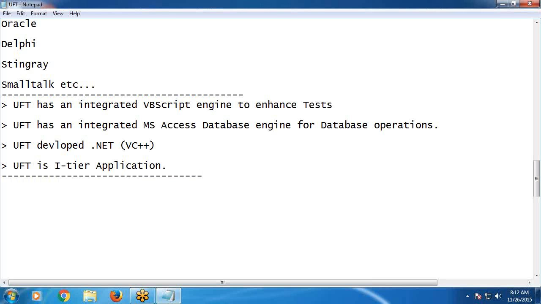Welcome. See, this is a brief introduction about the UFT tool. Next, come